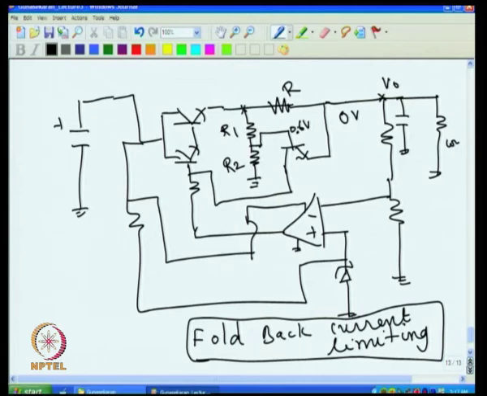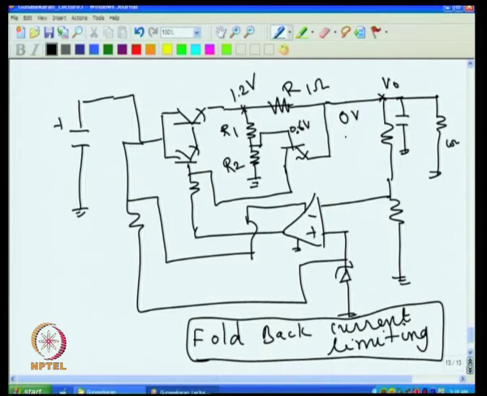Assume that this goes to 1.2 volt. Only when it goes to 1.2 does this come to 0.6. That means I have to put equal resistance, then 1.2 comes, then this will go to 0.6. Suppose I need a 1.2 volt drop across this. If I put this as 1 ohm resistance, then 1.2 ampere current flows through this, you will get 1.2 volt here, that will give you 0.6, then the current limiting will take place at 1.2